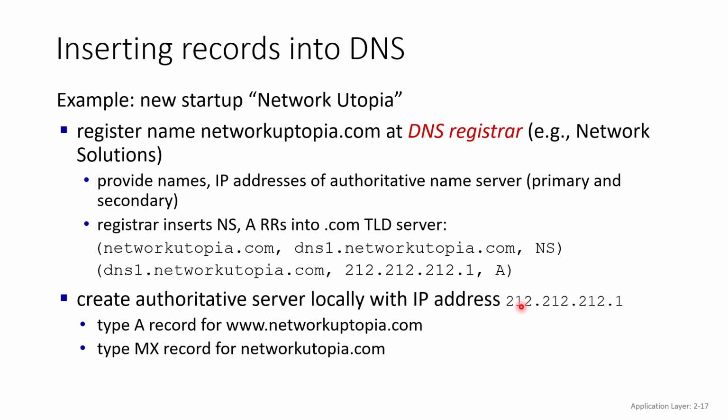Now, if you want to insert some records into the domain name service, that's for your own information, you just need to register your website with a DNS registrar. There are multiple of them. After that, they will ask you to provide a resource record: the name, the value, the type. And you see that it's of type A. The name is the host name, and the value is the IP address of your particular website. And after that, you create an authoritative server